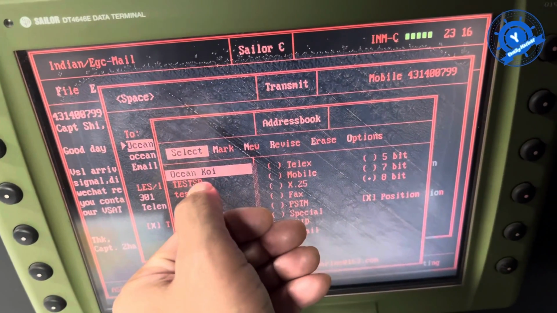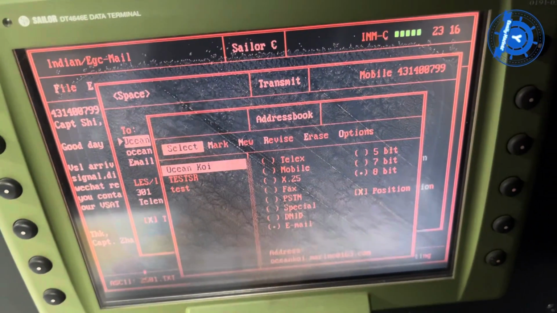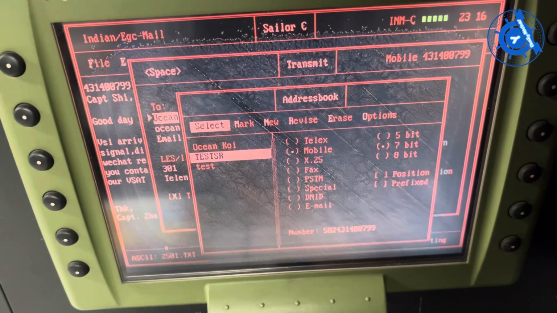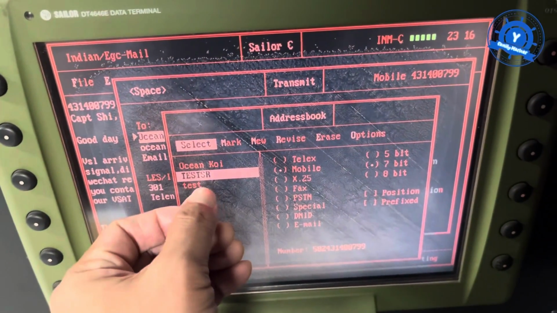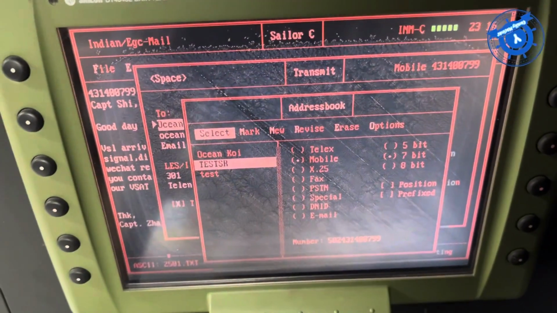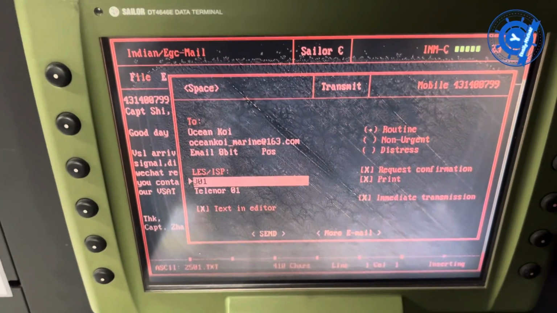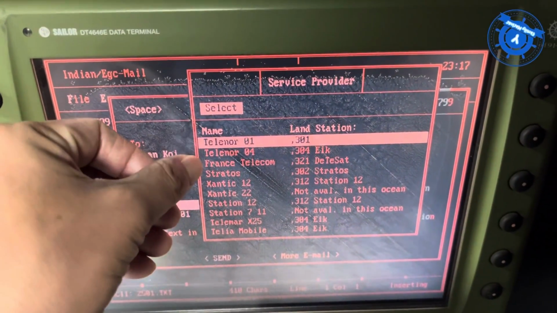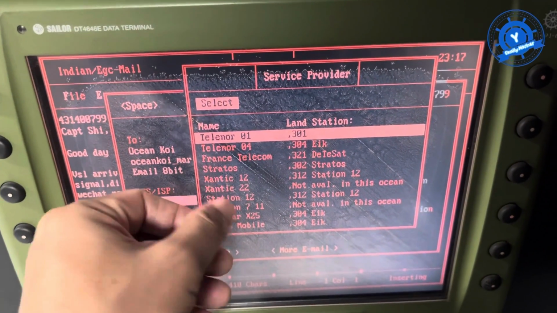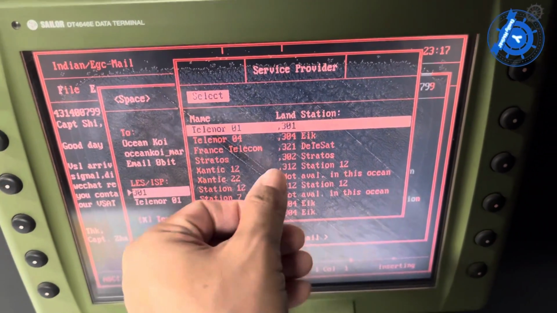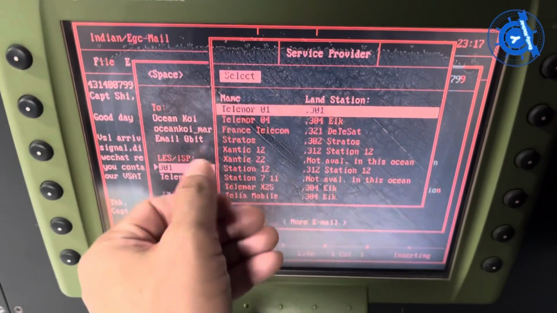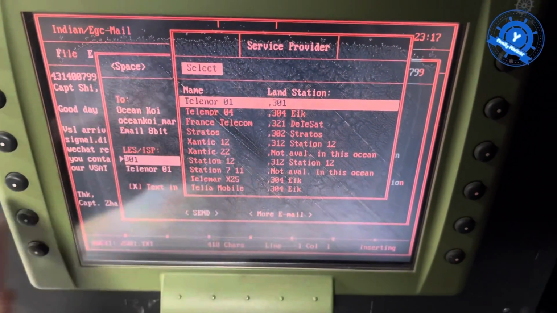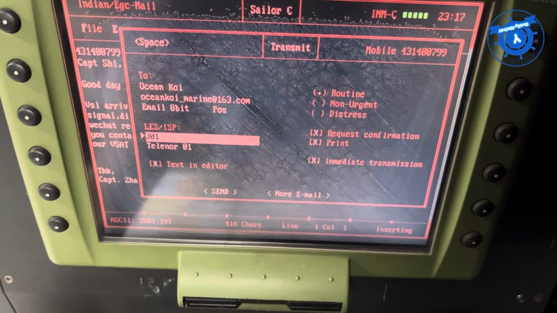So I already chose this Ocean Coin. If you also want to check anything, you can try that email address and then go to land station. Also there is telecom, Stracon, anything. You can choose anyone. So I already tried telecom Telenor 01, so it's okay. And then going to